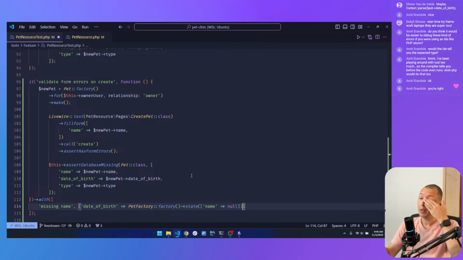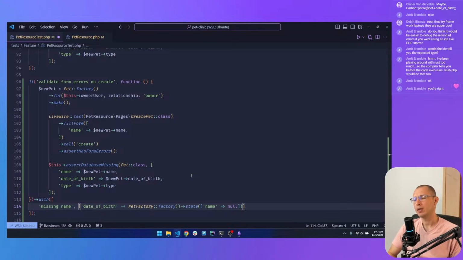The only problem that I'm seeing here is that I'm not setting the owner for the pet. Got something in my eye. We are already testing that from the list, we can only see pets that belong to the owner.